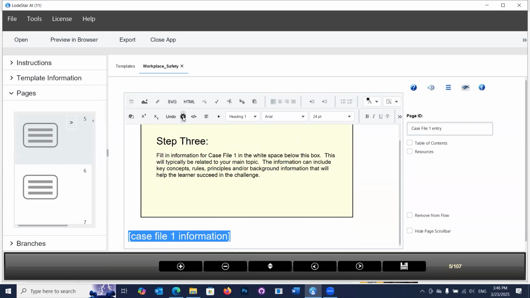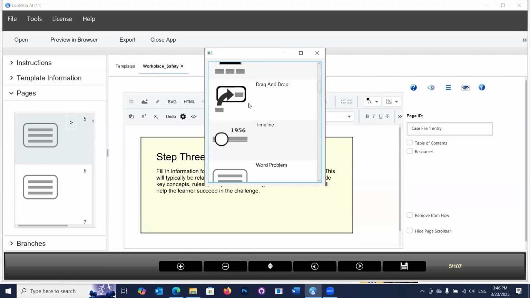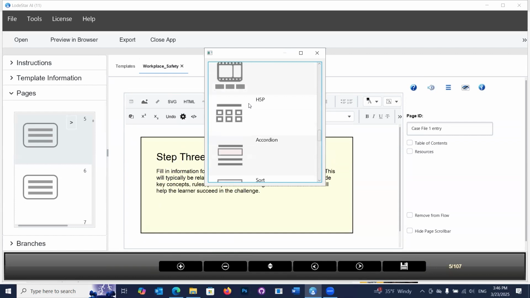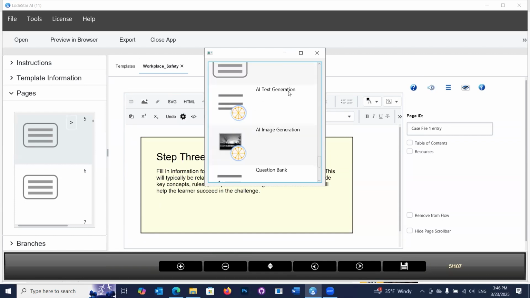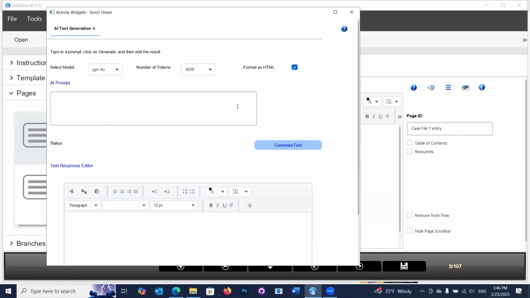I'll click on this little sprocket. This is my widget sprocket, and scroll down to my AI text generation widget. Click on that, and I'll ask it to provide a paragraph on workplace safety. Click on check. Now, the model we're using here, we'll just use the default AI model, GPT-4 Omni, and then